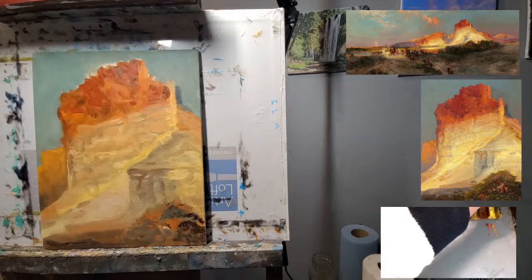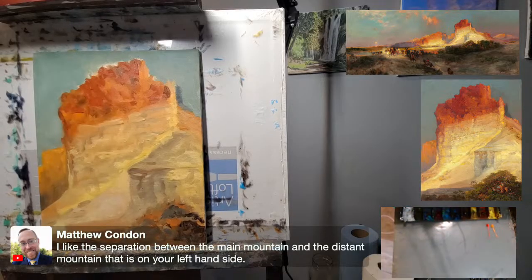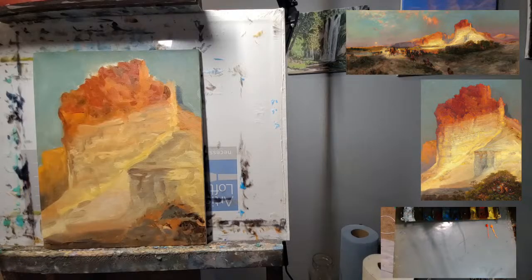Let me see. I like the separation between the main mountain and the distant mountain on your left-hand side. Oh, thank you. Yes. That is something I want to refine and kind of emphasize.